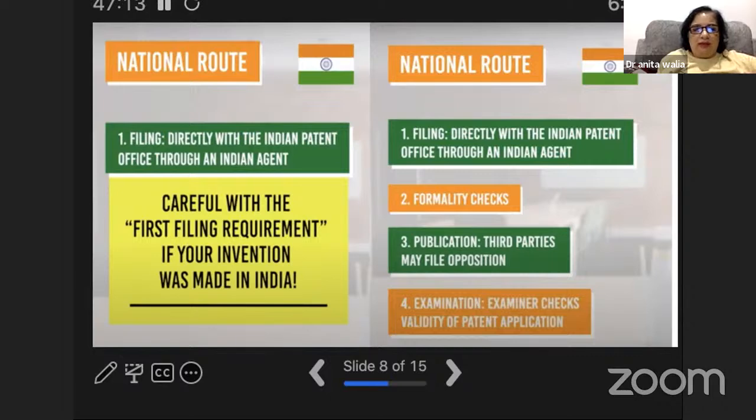Now, once you file the patent in India, what they basically do is check all the formalities, whether they are complied with or not. And when everything is fine, whatever you have to provide, I'll show you my patent, then it gets published within 18 months. Publication doesn't mean your patent is granted. Why do they publish it?